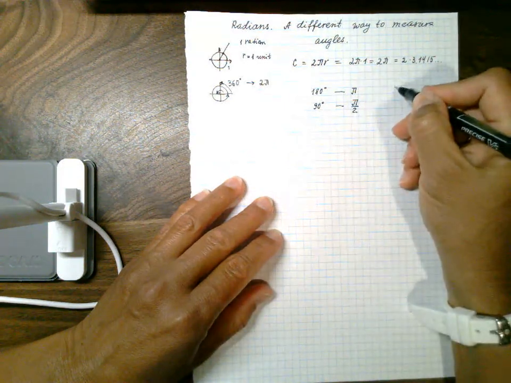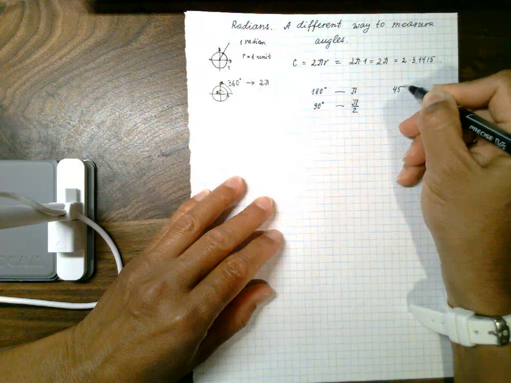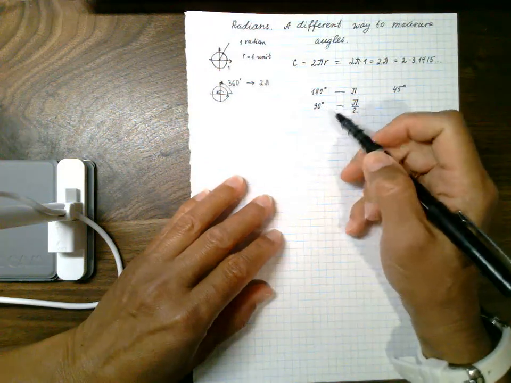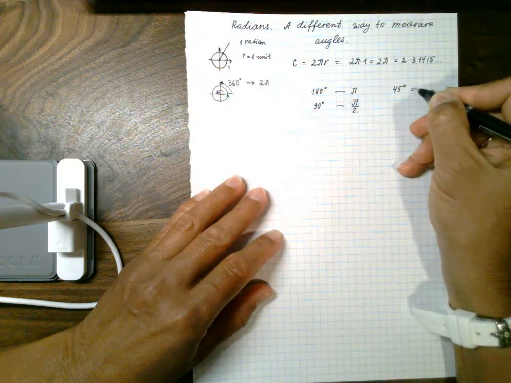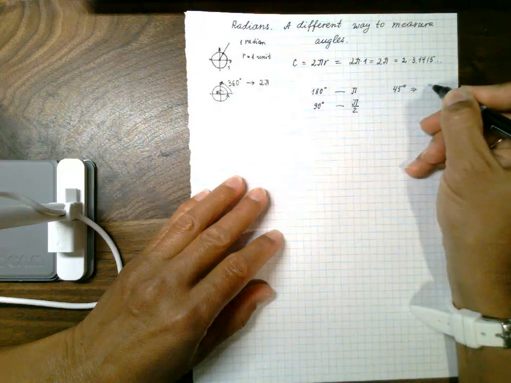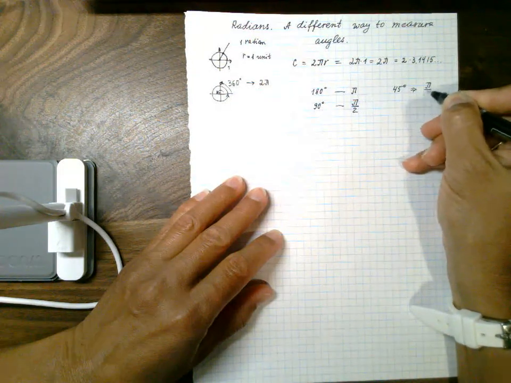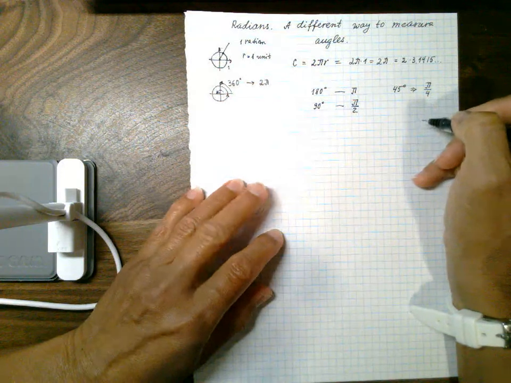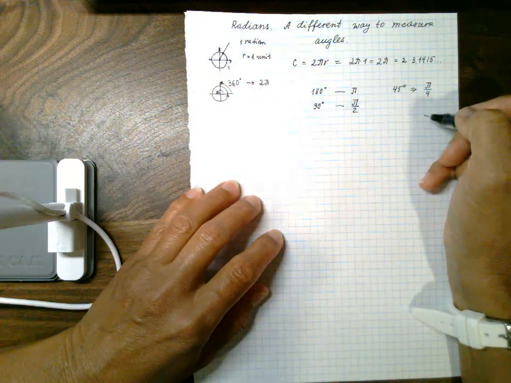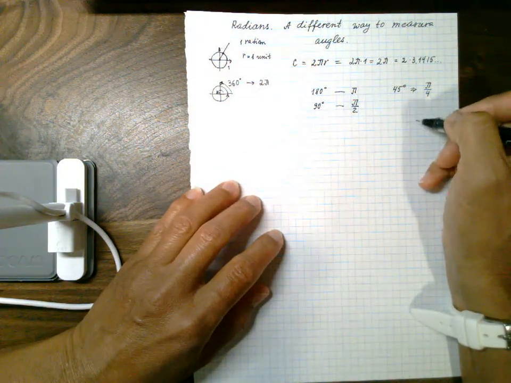What else? Well, let's write down 45 degrees. 45 degrees is a half of 90 degrees, right? So we're going to divide the pi over 2 one more time over 2, right? Which is going to give us pi over 4. Well, that's very good, but what if we cannot get the angle dividing